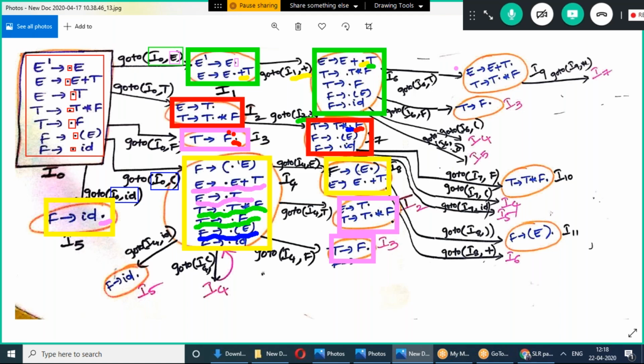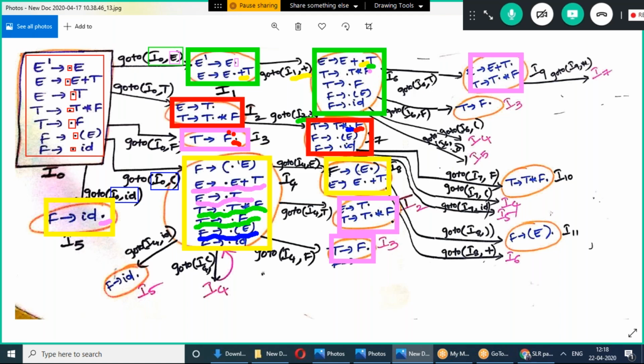Then we write E tends to E plus T dot, because this dot comes this side, and T tends to T dot star F. Any other productions which have a dot T? No. So we name it as I9, because already I7, I8 we named. This is the new set of items, so we name it as I9.